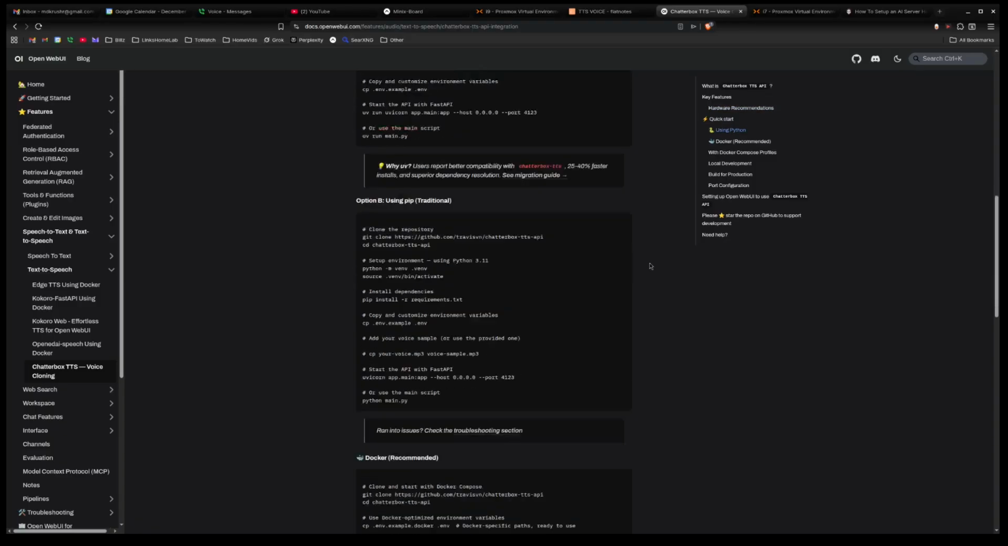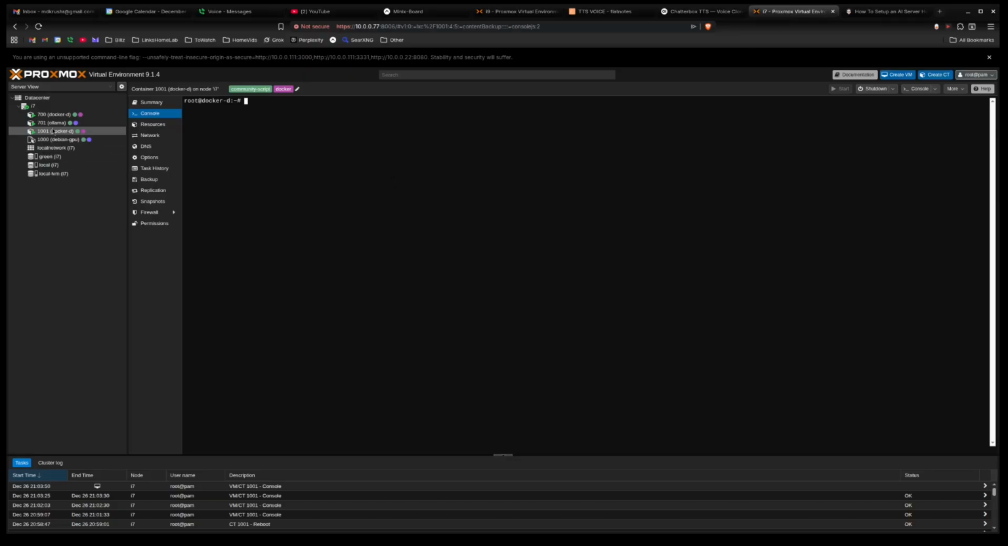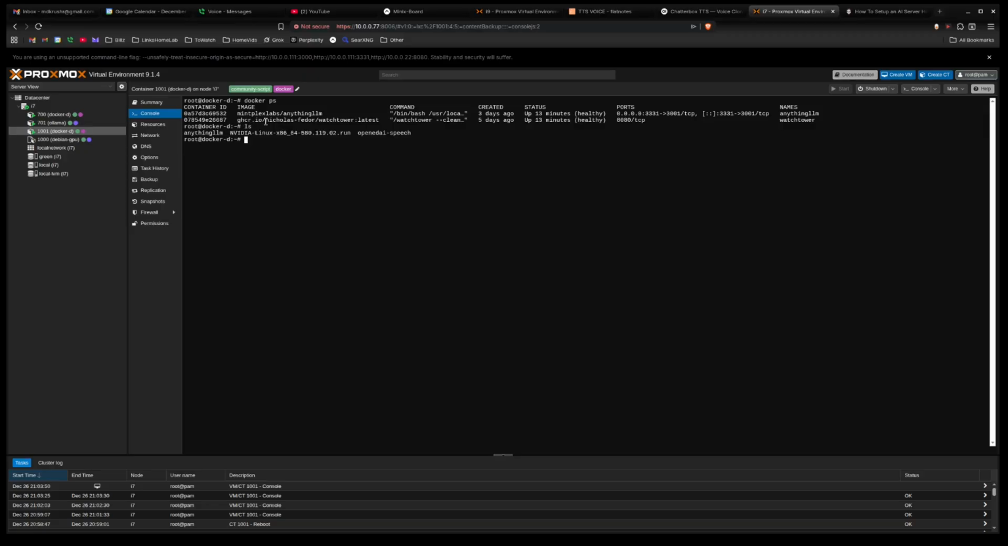So if you scroll down here, it has the Docker install. I use Proxmox and Docker in an LXC container, so I've already got Docker installed. I have AnythingLLM installed and just Watchtower, which I install in everything. Right now, this is where I was playing with one of the other speech things that I didn't